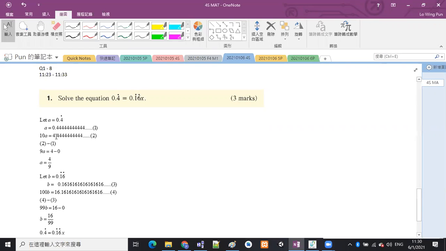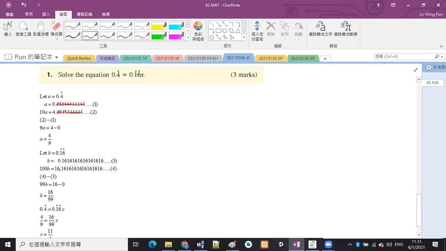So 10A is equal to 4.44444, because multiplying by 10 moves the decimal point one place to the right, multiplying by 100 moves it 2 places, and 1000 moves it 3 places, so it is easy. But when we write it, remember to align the decimal points. Then we look at where the digits cancel one above the other. From this 4 onward they cancel when we subtract, so everything after cancels. So on the left hand side it is 10A minus A, and the right hand side is 4 minus 0. The infinitely long decimal numbers are completely cancelled one by one. So what is remaining is just A. 9A is equal to 4, so A is equal to 4 over 9, and then we do the same thing